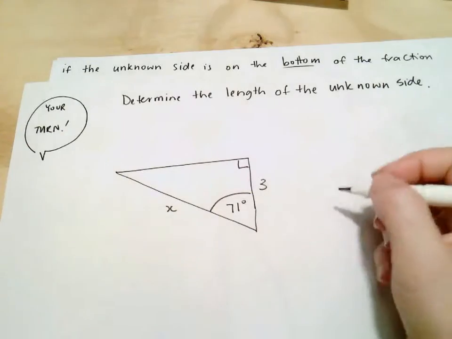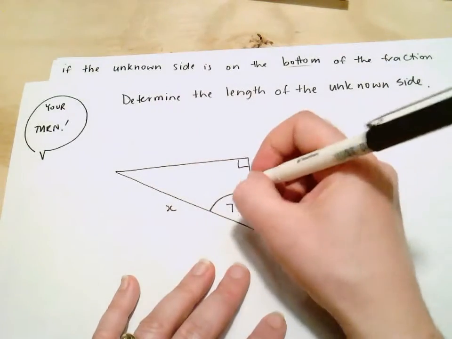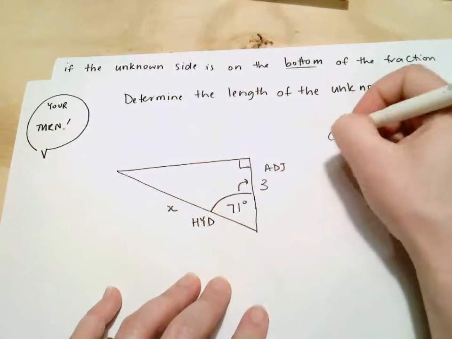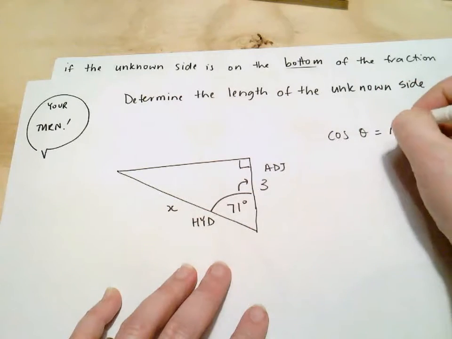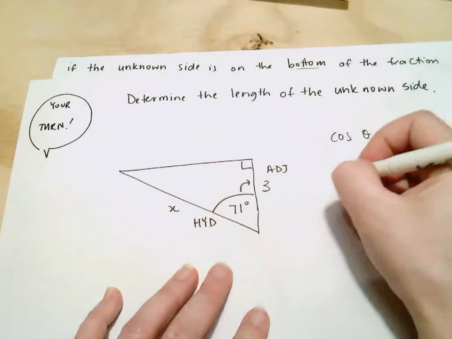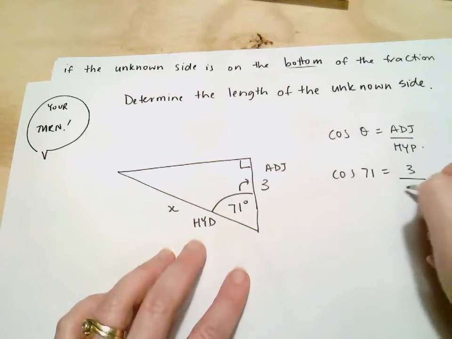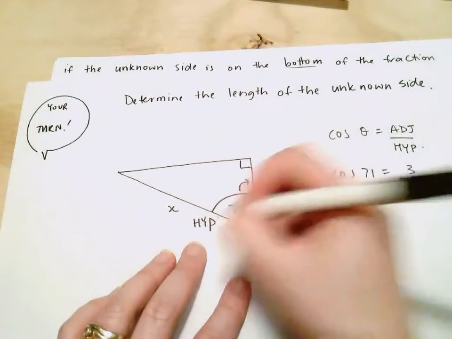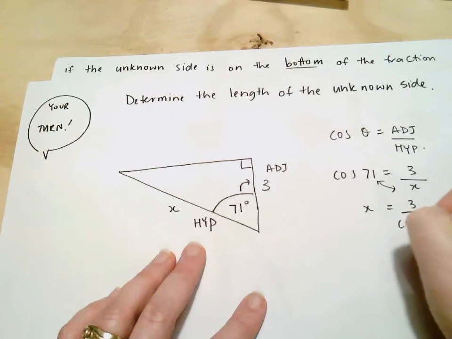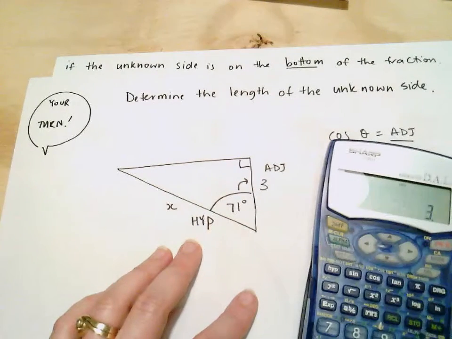Alright, for those people who would like a quick explanation, and again I'll do it quite quickly. I label my sides. This is the adjacent. This is the hypotenuse, so I'm going to use cos. Cos theta equals adjacent over hypotenuse. I sub in what I know. The theta is 71. Adjacent's 3. Hypotenuse is x. It's the unknown. I do my switcheroo. X equals 3 over cos 71. 3 divided by cos 71